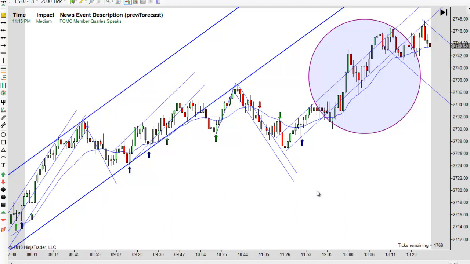And if this turns out to reverse here permanently, you probably caught a good move. But it doesn't. He comes back, you get a break, and there's two legs up here. Notice that low. You push up, pull back, push up, and then you turn down. And this was interesting because it broke higher and turned and went right out the other side all in one bar. That's usually going to be good for a scalp.